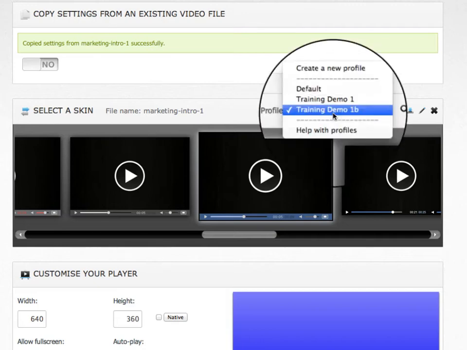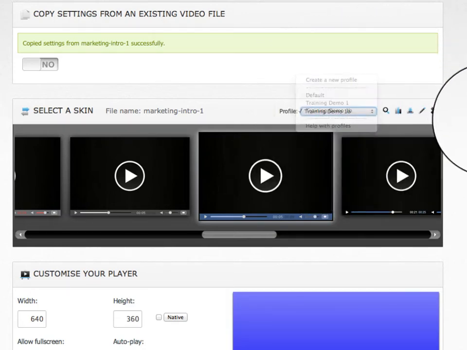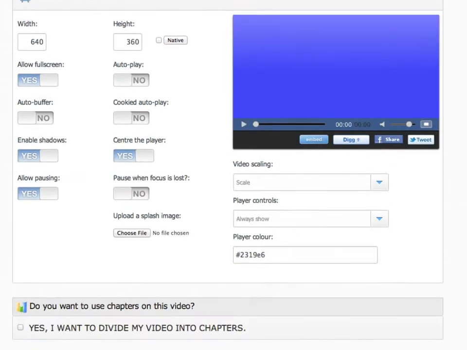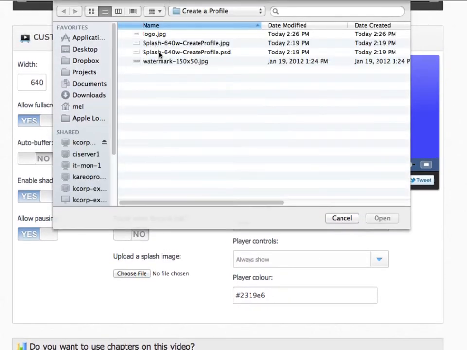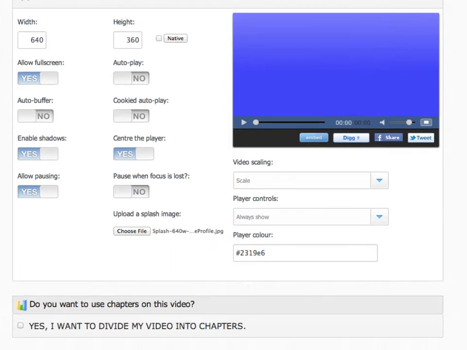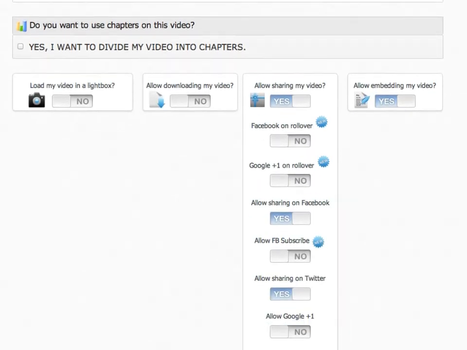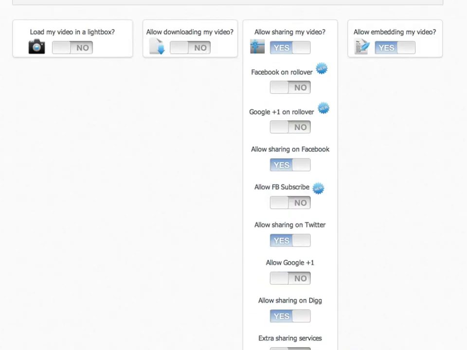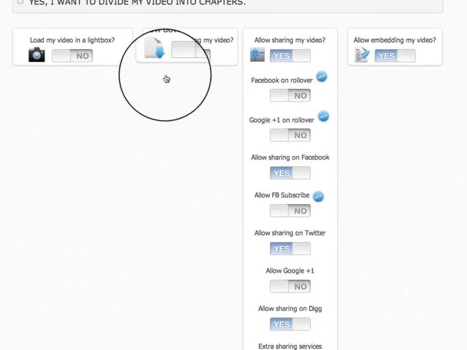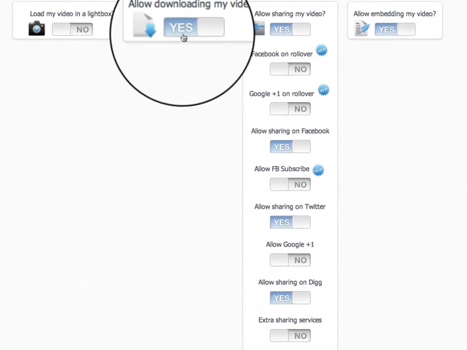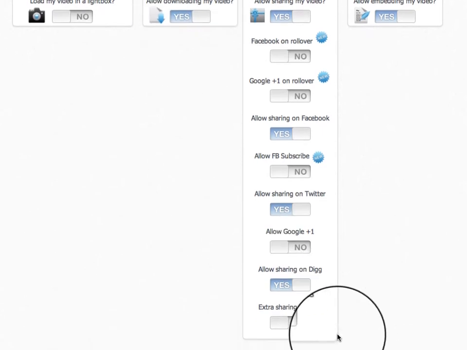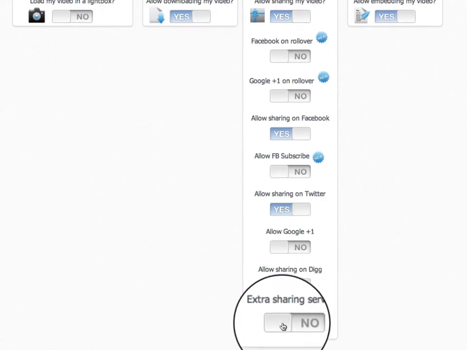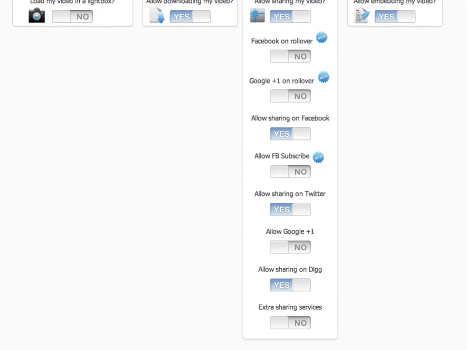Just to confirm, we're in Training Demo 1B, which is the one we just created. So I'm going to go ahead down here. We'll create a splash image for this one, and that is called Splash. The other thing we said is that we wanted to have this one have the ability to download. So we're going to go ahead and click ability to download the video here. Okay, and then we turned off extra sharing services already, so that's turned off here, and that gets baked into